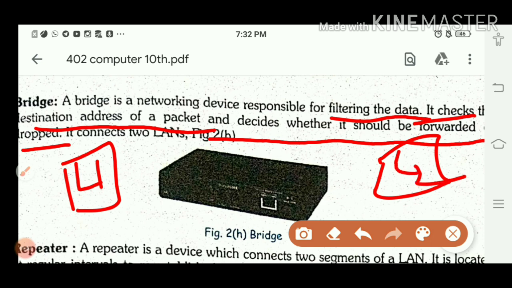If you remember, in the working of the internet we have seen that a gateway is used for connecting to a dissimilar network. These are the two LAN networks. If we want to connect to a dissimilar network, we use a gateway, and through the gateway we are sharing the information.